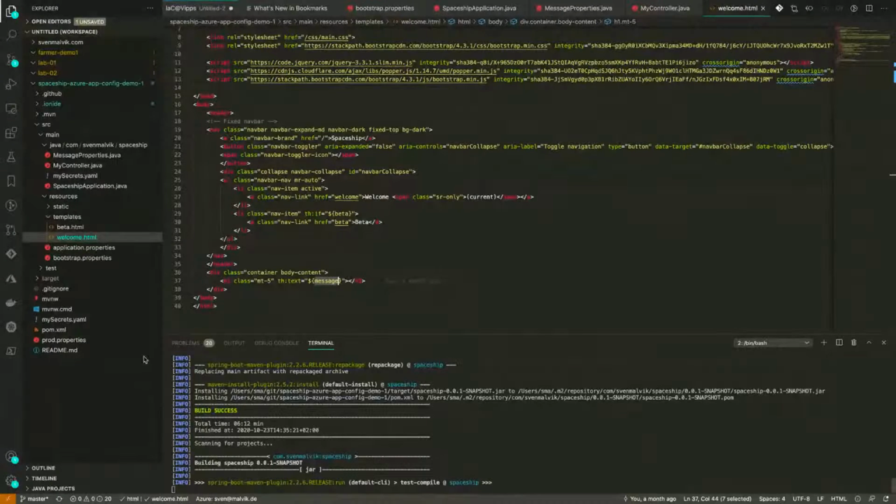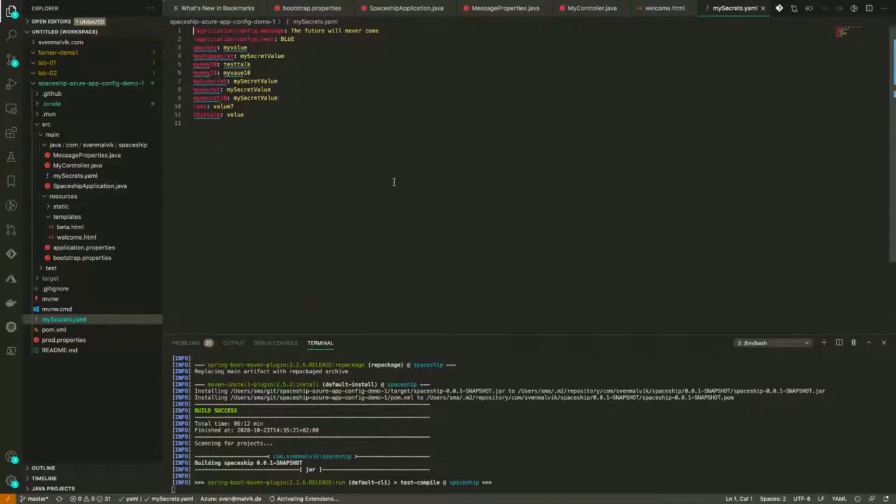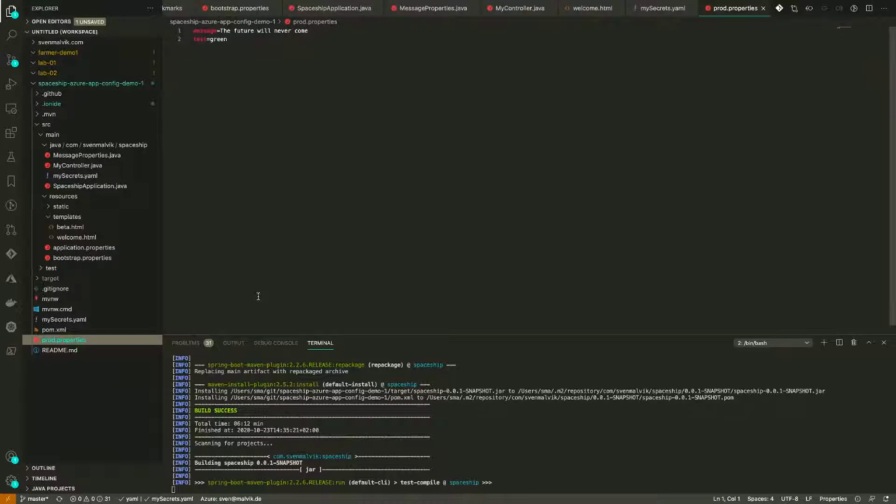Yeah, you maybe have noticed that I have a secret file here. We'll dive into that a bit later. I have also a production property file here. That's just one property file. We will use this at the end as well, because now I have just changed in the instance of application